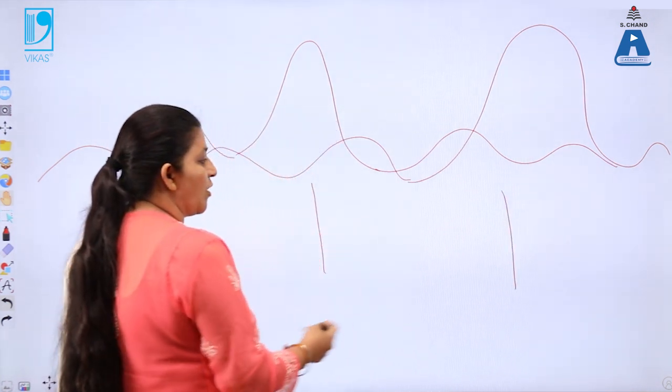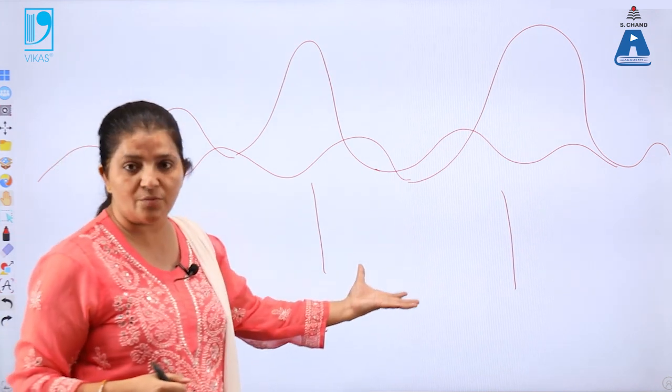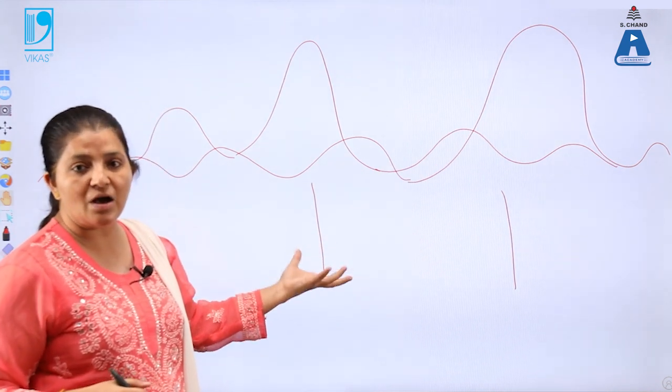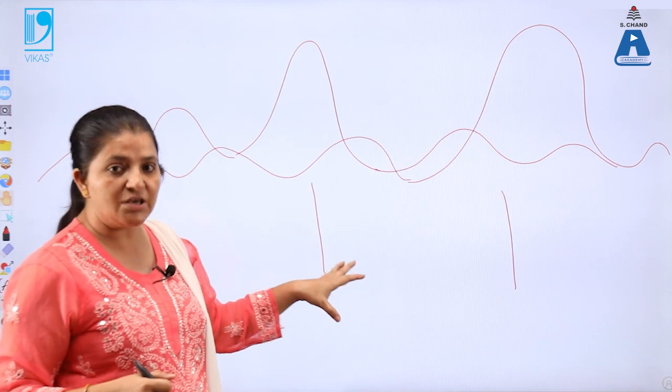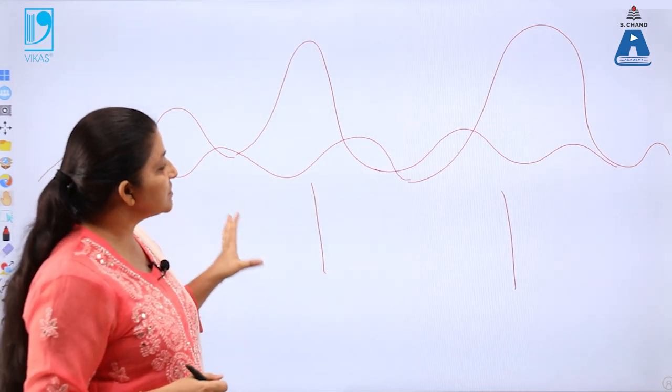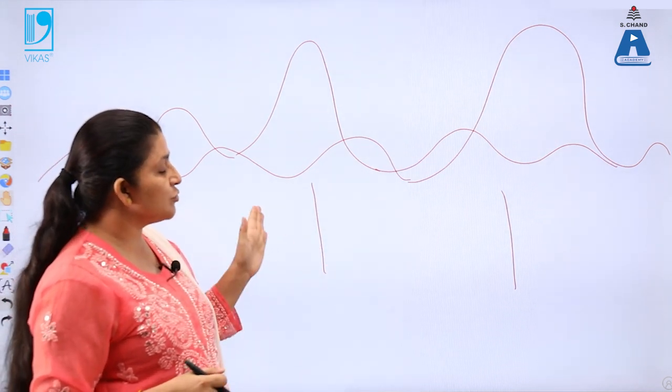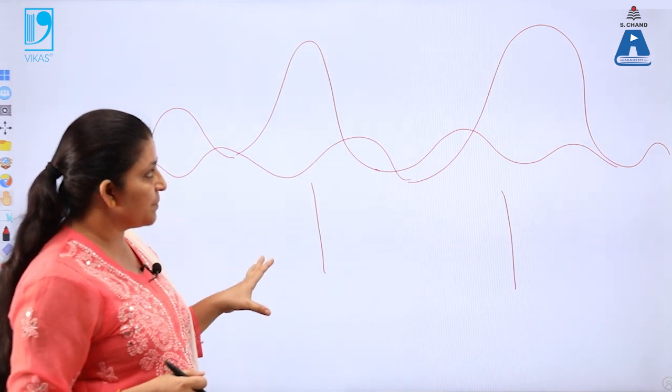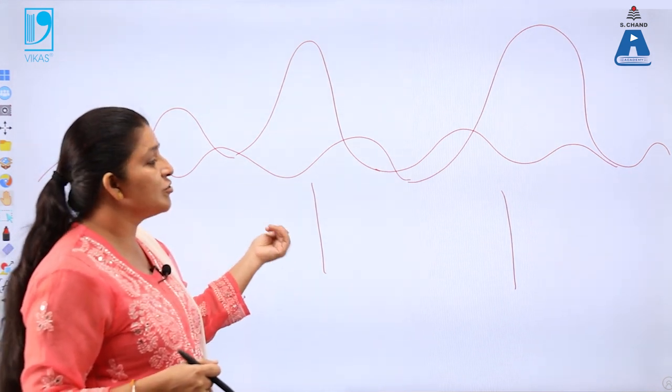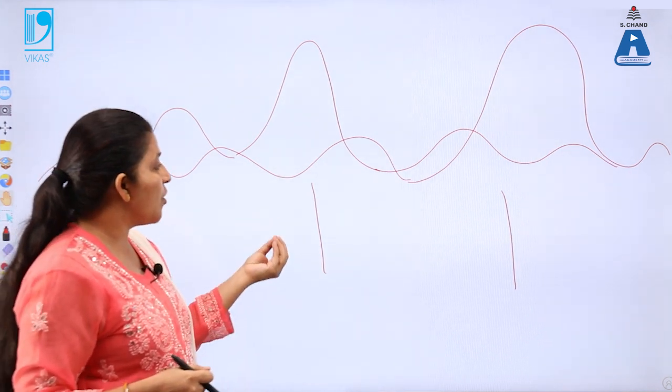That means these two objects are placed quite far away from each other. So clearly we are able to resolve these objects over here. Now this is applied in order to see the diffraction pattern, or in order to see the very small sized